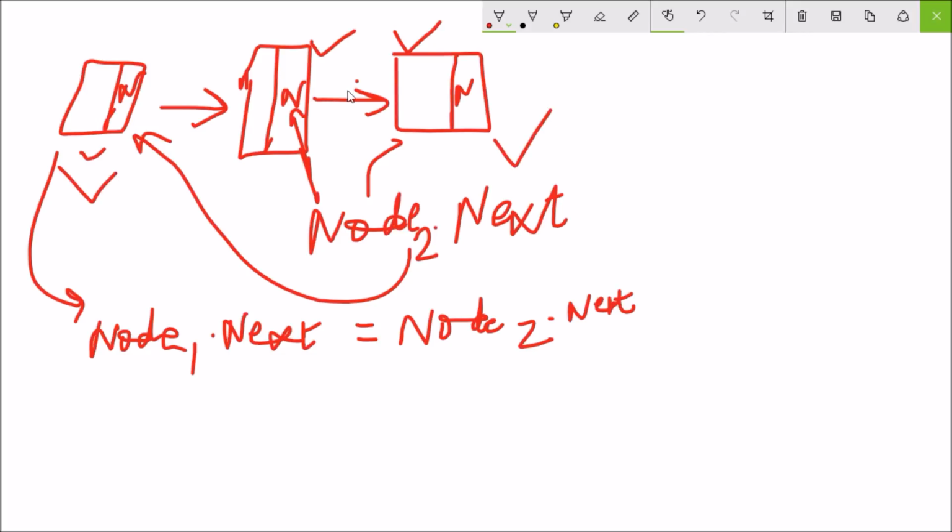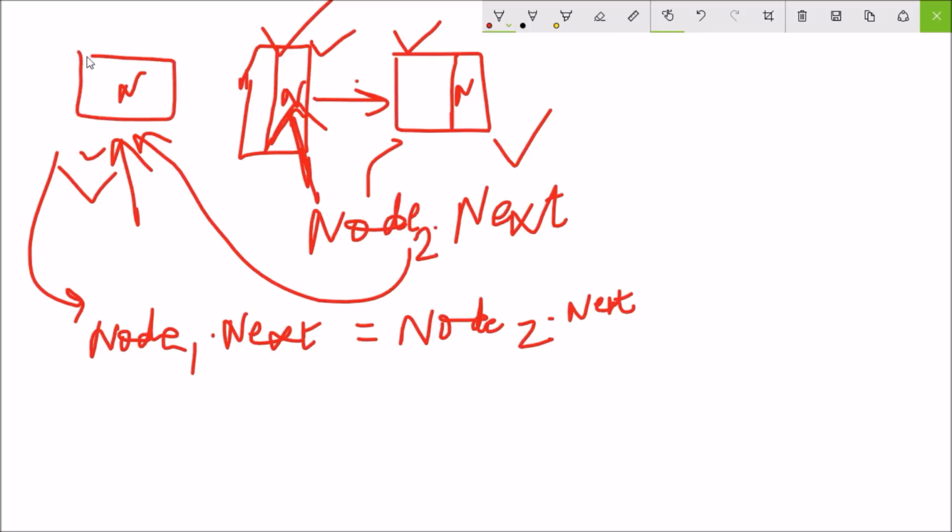So we only change the referring: this node's next is equal to this node's next, and this node will automatically get deleted during runtime. Python will automatically eliminate this node because it is not being bound, and this error which was present showed binding. Now this error will not be present because this node is not bound to this node. So this node is not bound to this node, but this node is bound to this node. All right,